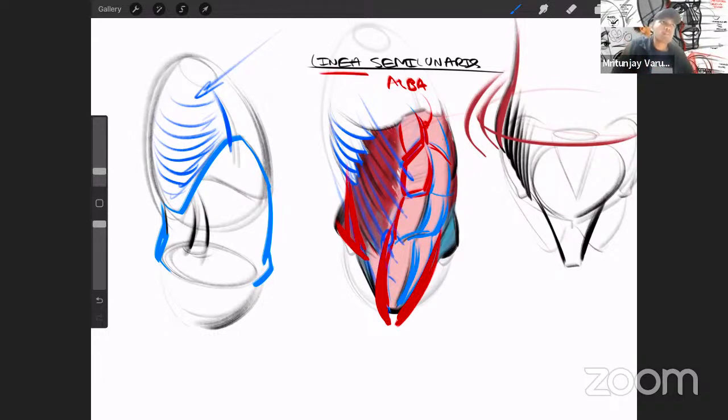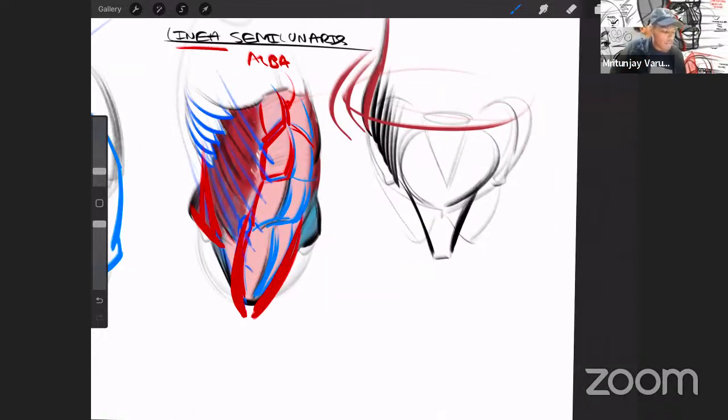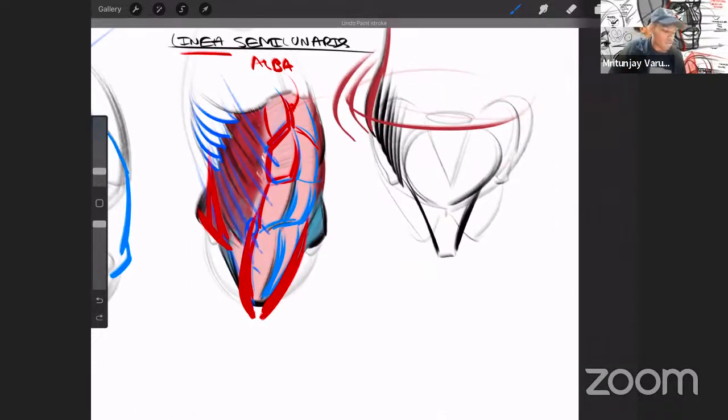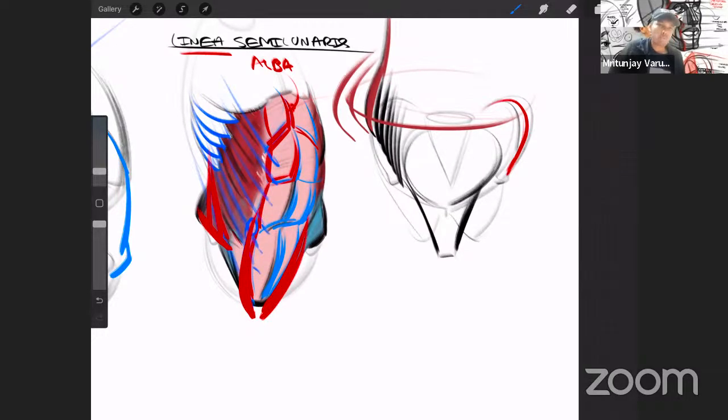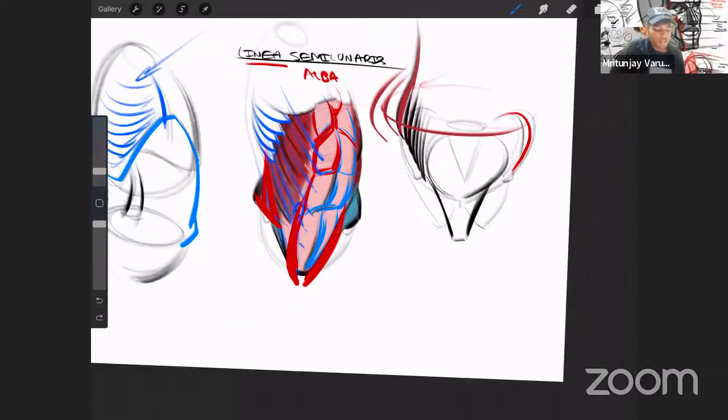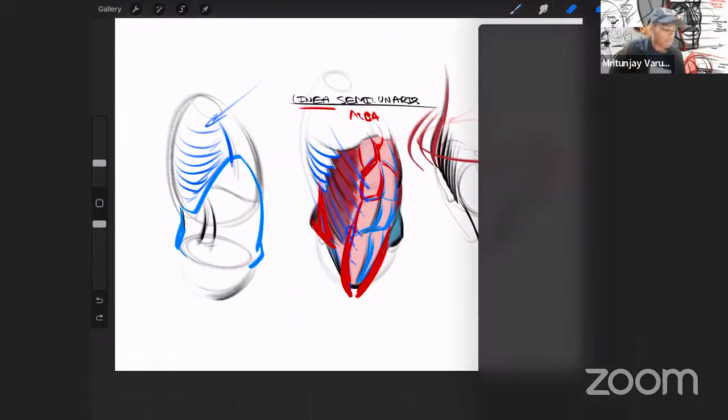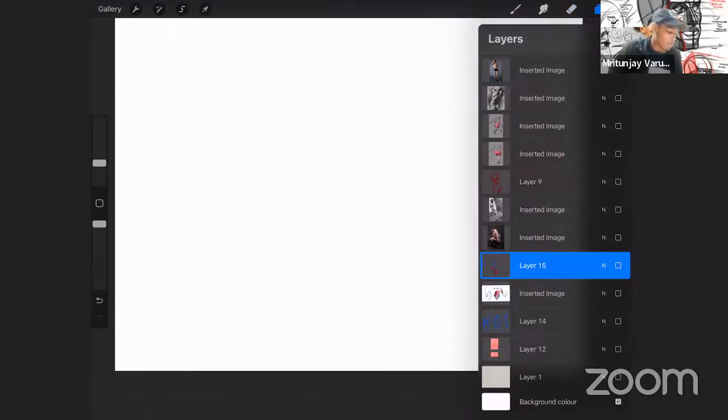The iliac crest, yeah, sorry, I forgot about it. The iliac crest, which is the border of your pelvis. And here you can see that. Here's a simple illustration of the pelvis, and the border here would be the iliac crest. You can see in the black right here, and in some red right here, the obliques are attaching to that border. So that's one of them, the oblique muscles, and one of the main muscles at the back.